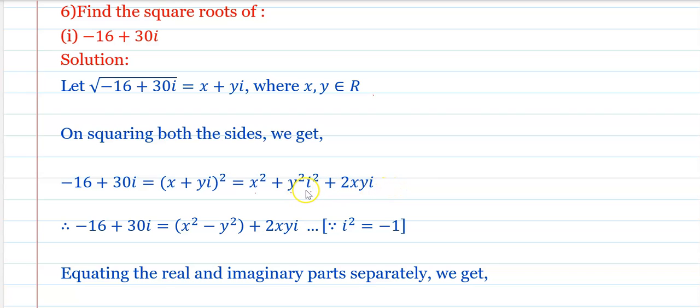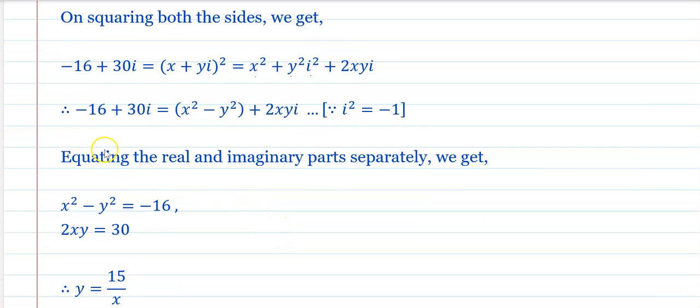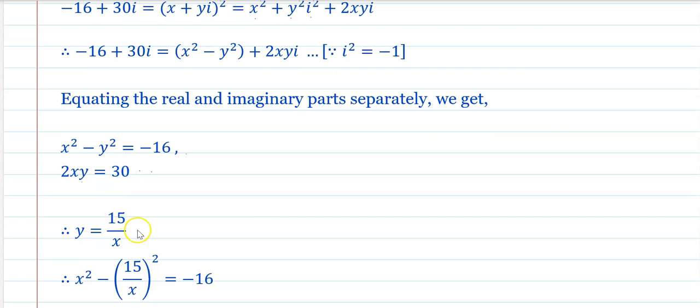But what is the i square? i square is minus 1, and hence you are getting x square minus y square plus 2xyi. Okay. Now equating the real and imaginary part, x square minus y square is equals to minus 16. 2xyi is equals to 30i. i get cancelled, and hence you are getting 2xy is equals to 30. Therefore, y is equals to 30 upon 2x, and hence if you simplify, you will get y is equals to